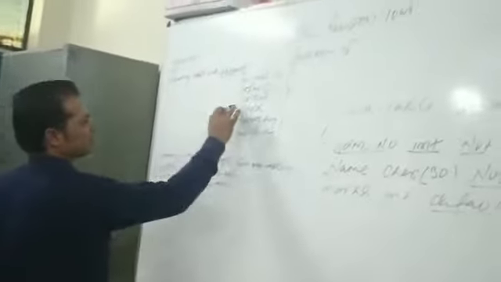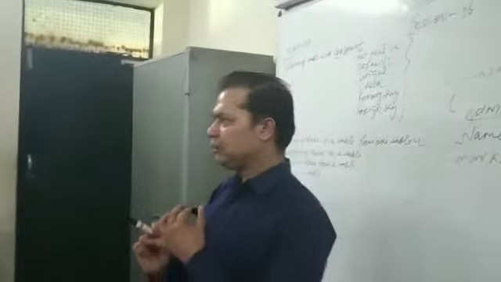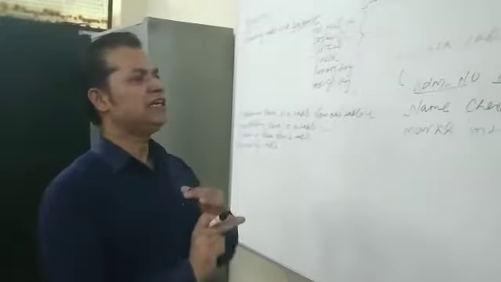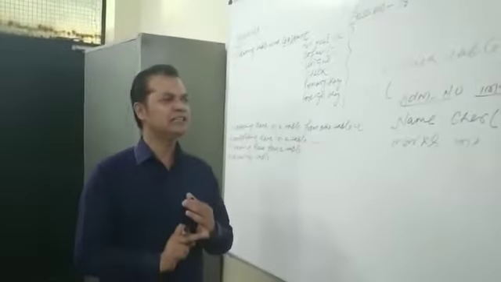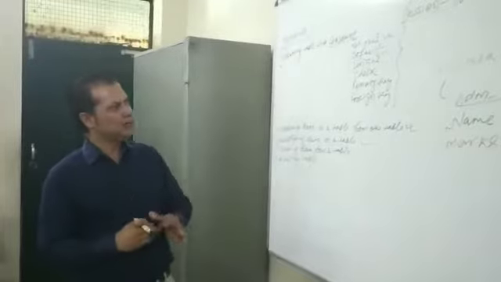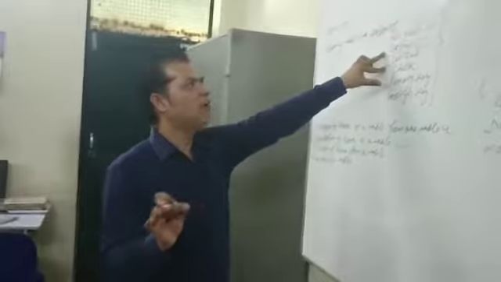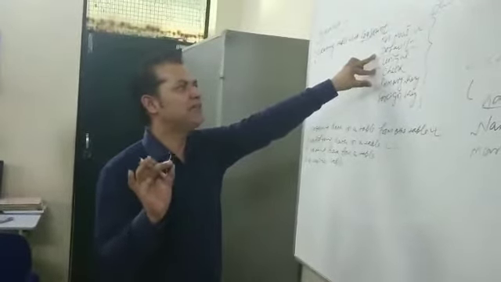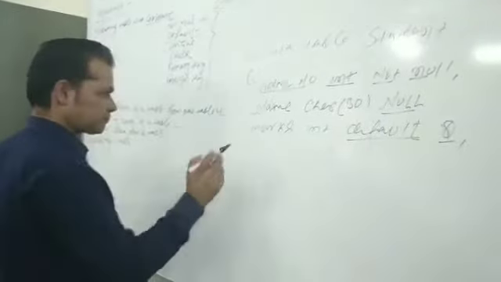Third is the unique constraint. The unique constraint is a constraint we use to simply make a field unique. It means if you create a field in a table as unique, it will not allow you to enter repeated data in that field. But mind it, it may allow you to enter the null value, because null values are also considered unique. So the unique constraint only allows us to enter unique values in that field. How to create the unique? Just see. For example, phone number.